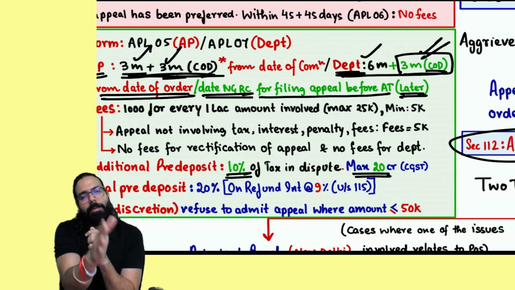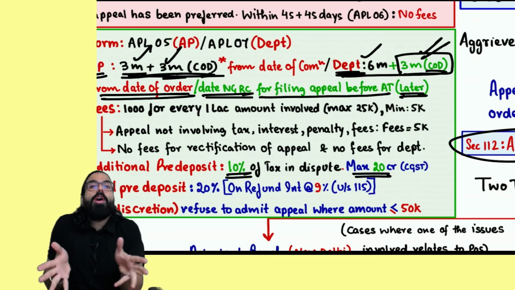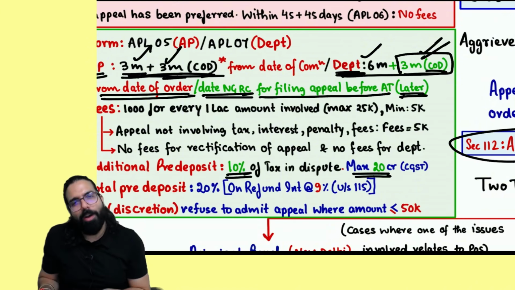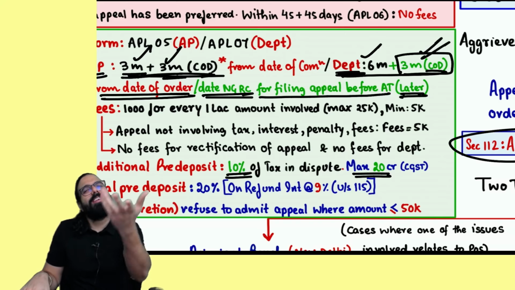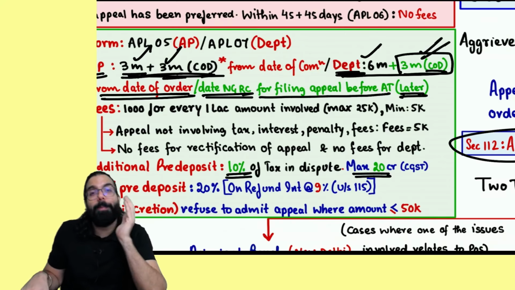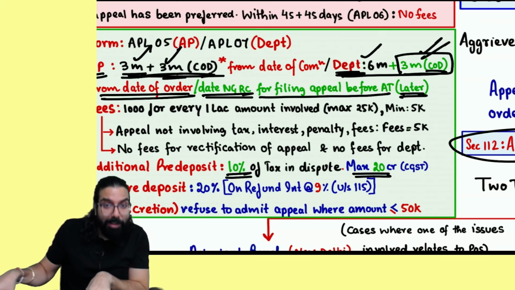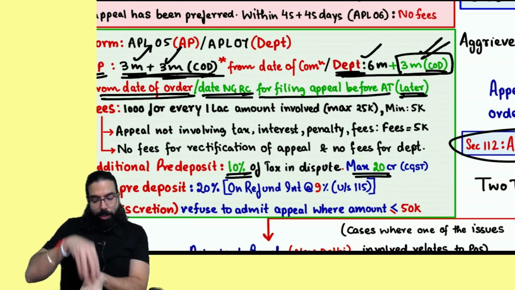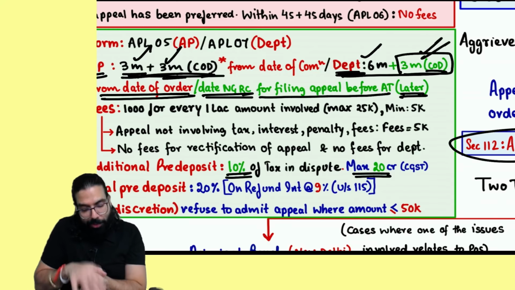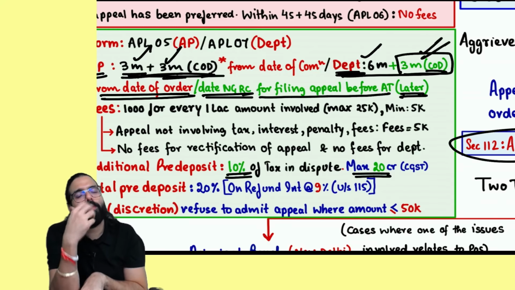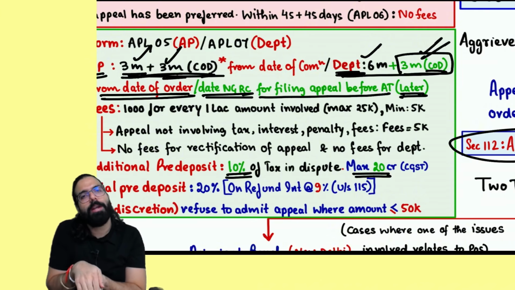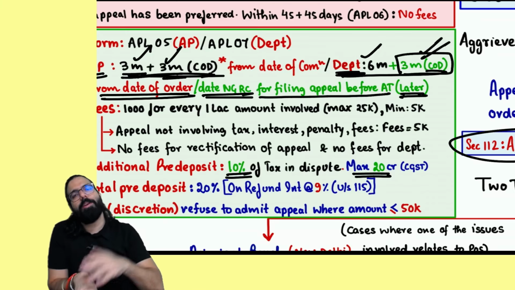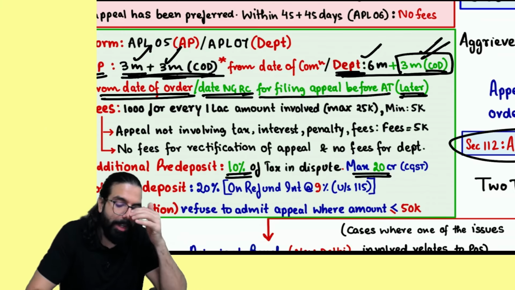The department will go within 6 months plus 3 months from the date of the order or the date which is recommended by the council. Because you know what happened: the order of the appellate authority came, but the appellate tribunal was not there. The appellate tribunal got constituted only now, after 1 year. The order of the appellate authority had already come, and the appellate tribunal got constituted now. What to do? So they told that the council will recommend one date. From that day, you can go within 3 months plus 3 months. The department can go within 6 months plus 3 months.